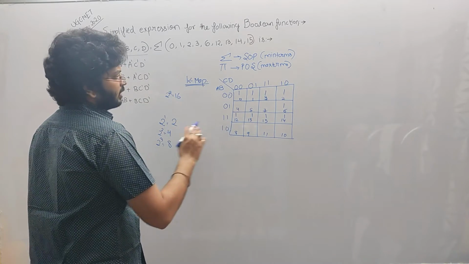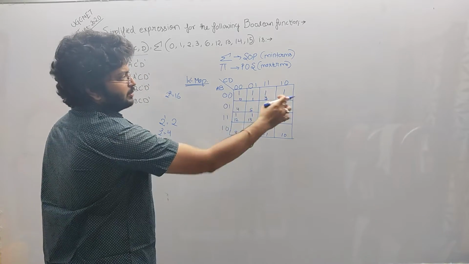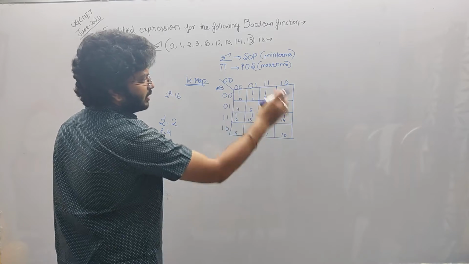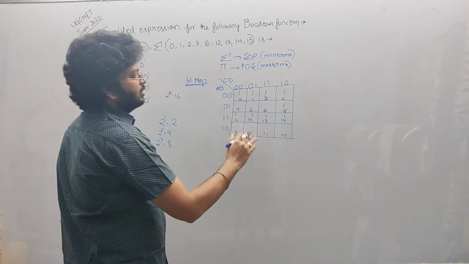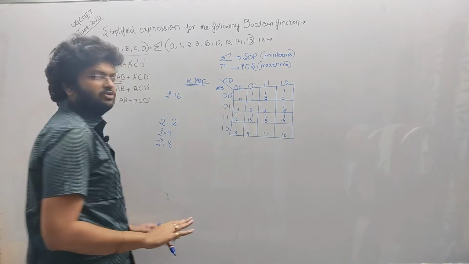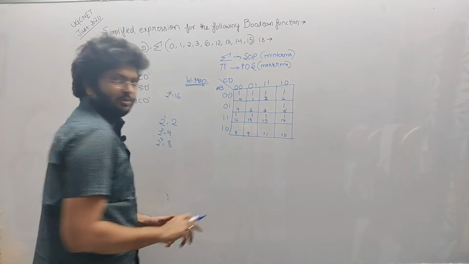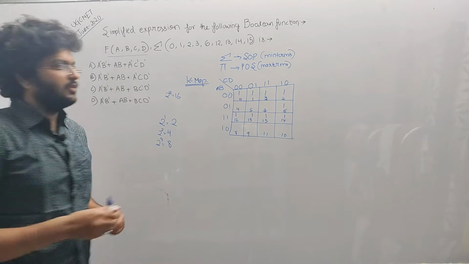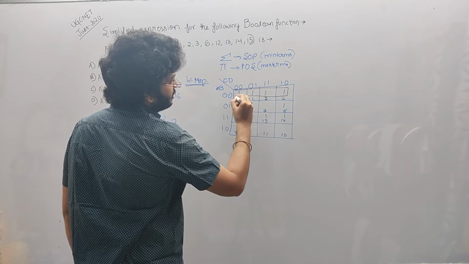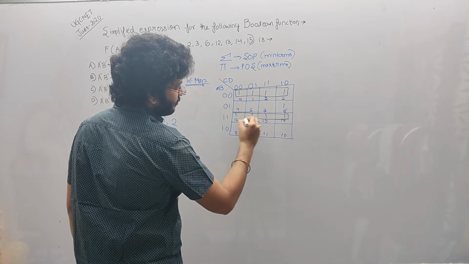Now here in this case we can see that 2 power 2, that is 4 ones, are in place, which means we can combine them. If we have 4 ones here and 4 ones there, then we cannot combine them because there will be a place in between. But here we have 4 ones continuously, so we can combine them. So I am combining these 4 ones. Let me take a different marker. I am combining these 4 ones. This will be one case. Here we have 4 ones. I am combining these 4 ones.